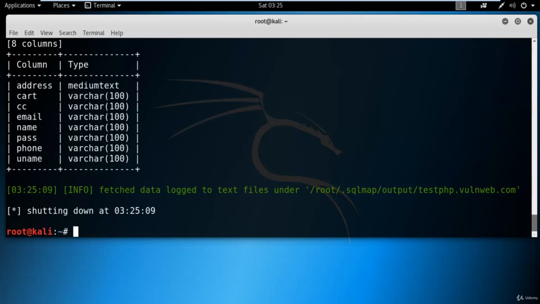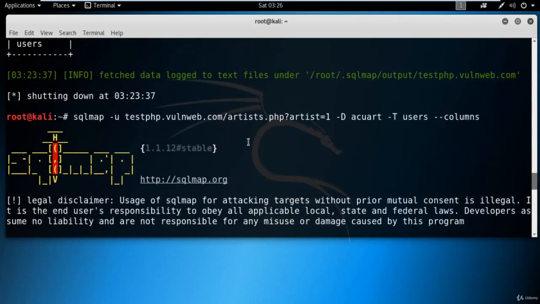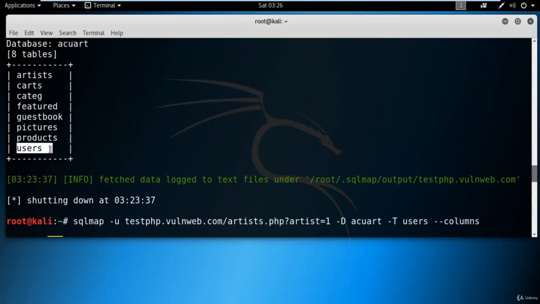To get username information, you can type sqlmap -u, paste here the link, space -D, and you need to specify the name of the database, which is Accurate, -T. You need to specify the table name. So I think the table name was users, right?